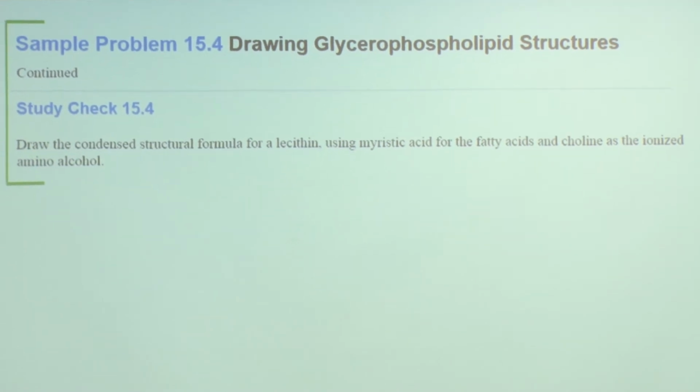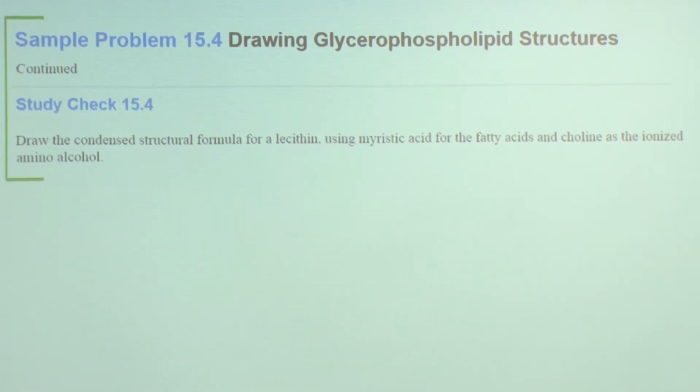Again, draw the condensed structural formula for lecithin. This is the other glycerophospholipid, using myristic acid for the fatty acid and choline as the amino alcohol. So myristic acid, here we have to do it ourselves. You will first start with the molecule of glycerol. Now myristic acid, again, what is the composition? There are 14 carbons and no double bond. So you are taking a molecule of glycerol, taking 2 molecules of myristic acid, 14 carbon, no double bond, connecting 2 hydroxyl groups of the glycerol to 2 acids using an ester bond. How do you do that? You eliminate a molecule of water and connect the hydroxyl and the carboxylic group together. Then you take a molecule of phosphoric acid, connect it to the 3rd hydroxyl,